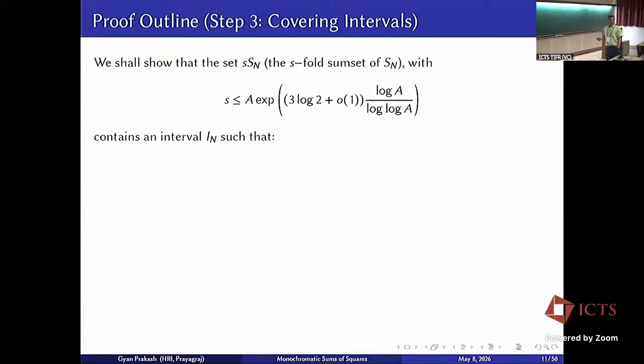Because as I mentioned, G of K log K and G of K are of the same order of magnitude. So this contains an interval In